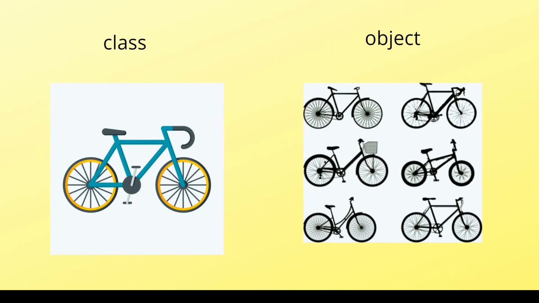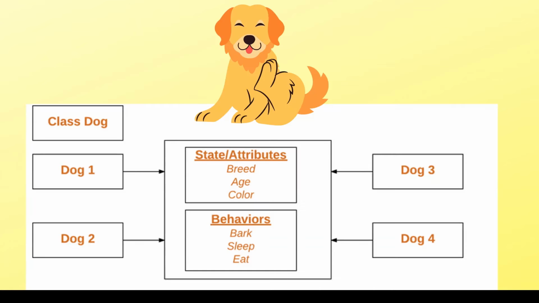We have one bicycle as an object using which some other bicycles are implemented, like tire and its handle and some other characteristics. So one bicycle you can consider as a class, and using which objects are made. So objects can be different bicycles. Okay, so let's see another example.